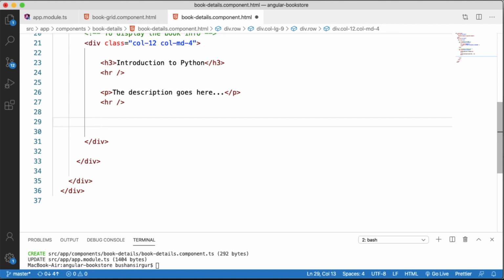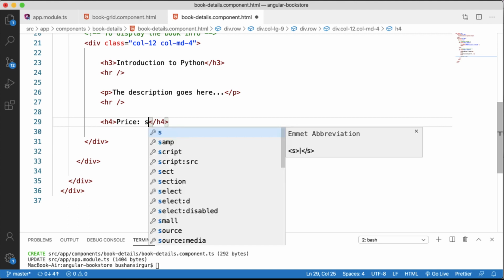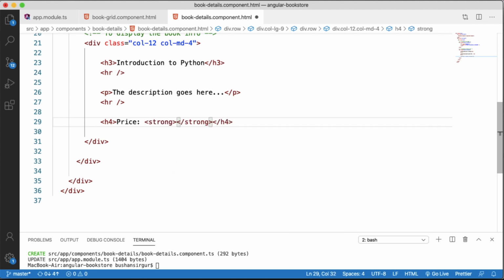So I'm going to add one more horizontal row, and then I'm going to add a h4 element to display the price. So I'm going to include a strong element, and within that I'm going to display the price.